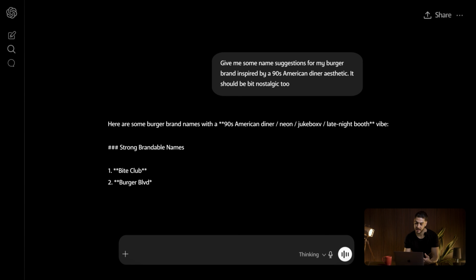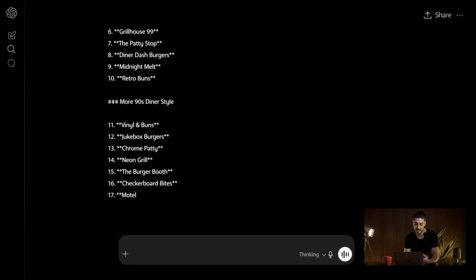To come up with the name and direction, we'll take help from GPT, but getting a strong name takes some actual brainstorming. There's no single magic prompt that instantly gives you the perfect name. The quality of the output depends entirely on how clearly you understand your product and how well you communicate that. For example, since my brand is a burger brand, I want something inspired by a 90s American diner aesthetic. So instead of asking for random brand names, I'll include that text in the prompt. But I also want the brand to feel nostalgic, so I'll mention that too. By adding these details, we're guiding the output towards something that actually reflects the brand's personality instead of getting generic